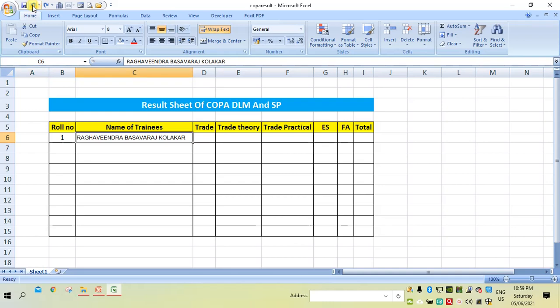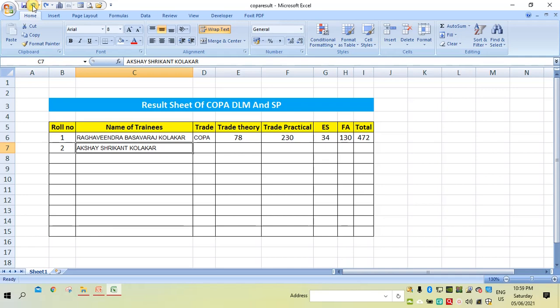So first record: trade COPA, marks of trade theory is 78, then practical 230, ES 34, formative assessment marks 130, and total will be 472.